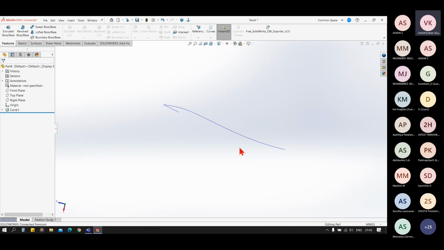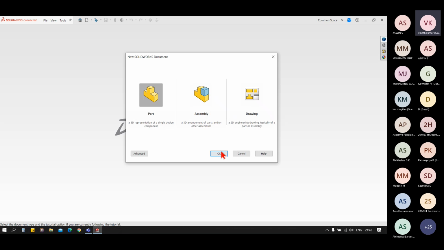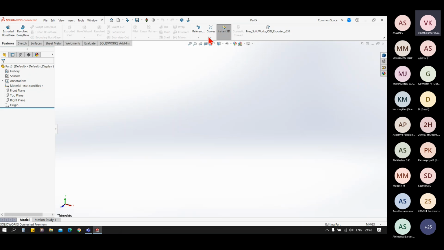You can see we have created a sketch that is a projection of both the sketches. You can see, let me make it in the front view. In the front view, it will appear like the sketch that we have designed in the front view, and in the right view, it will appear like the sketch we have designed in the right view. Okay, so we have seen project curve, sketch on sketch, and sketch on face.